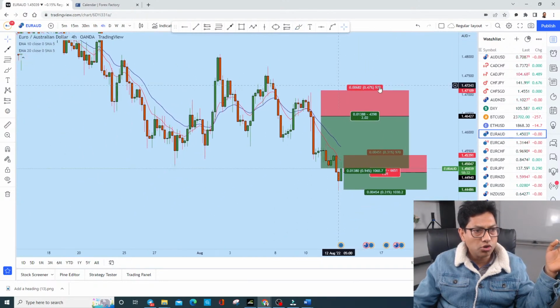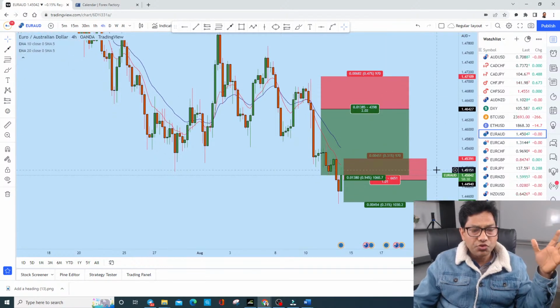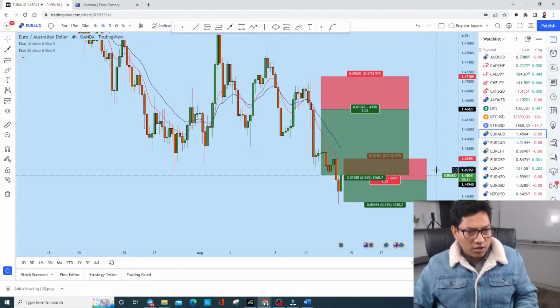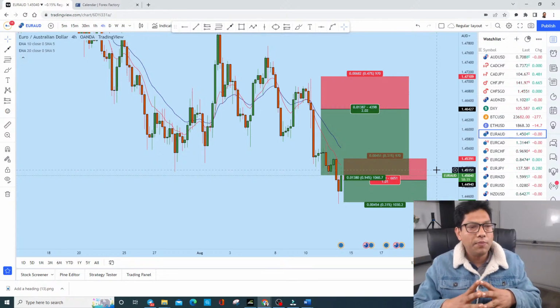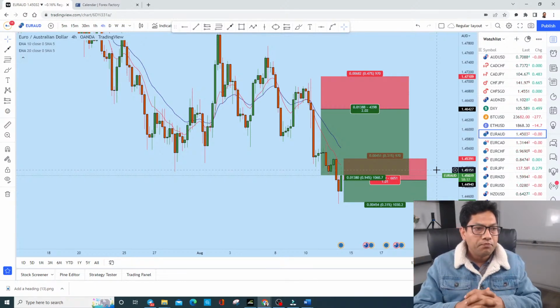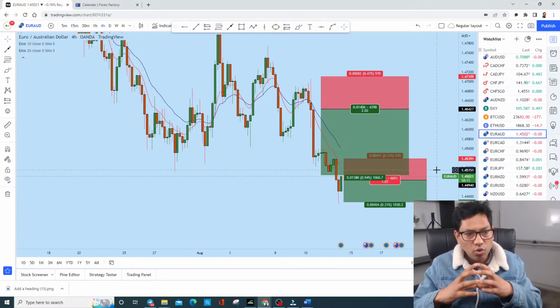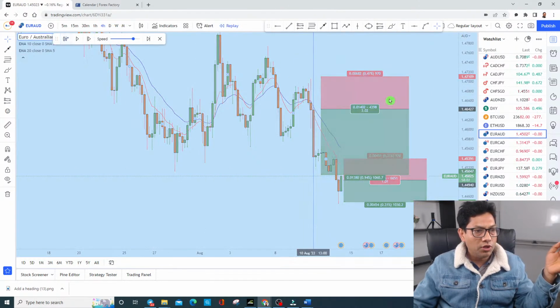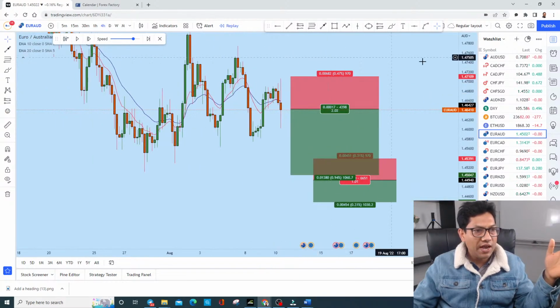This is the trade that I recommended even during the live stream, and I also sent this trade signal to our VIP students, and we made 2 trades on this one. It's not that I'm showing you how many trades we are making. It's just for your educational purpose, so that you know in what situation how you will be trading. Let me replay this chart and show you on Euro AUD for what purpose I have taken this trade.